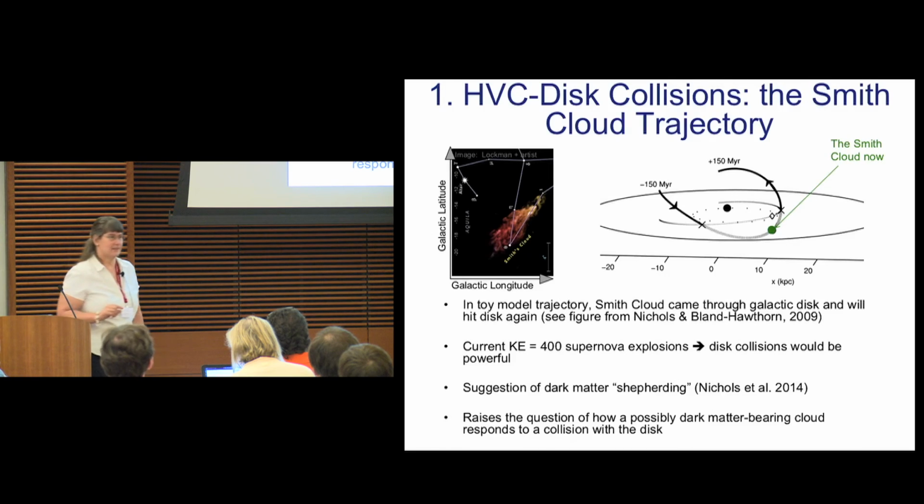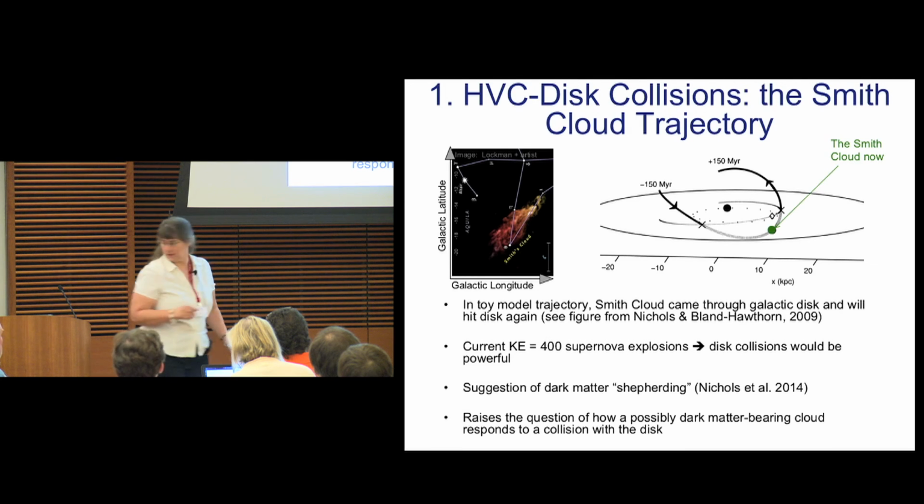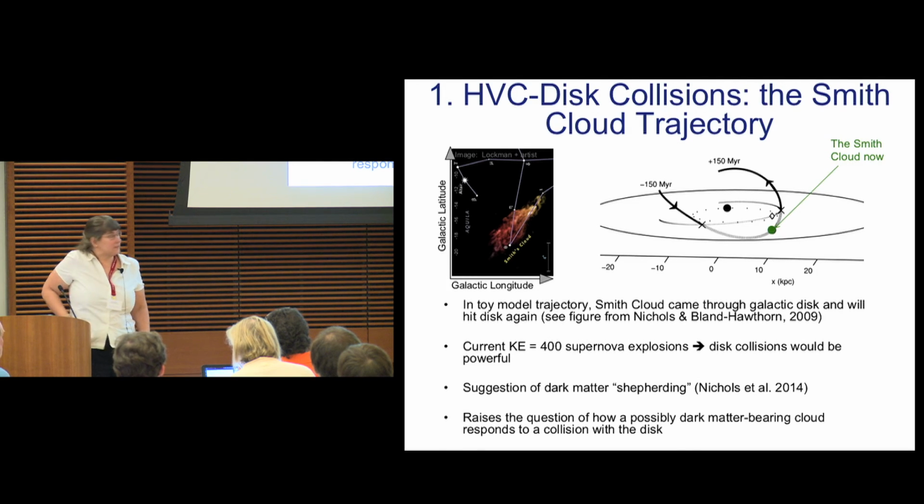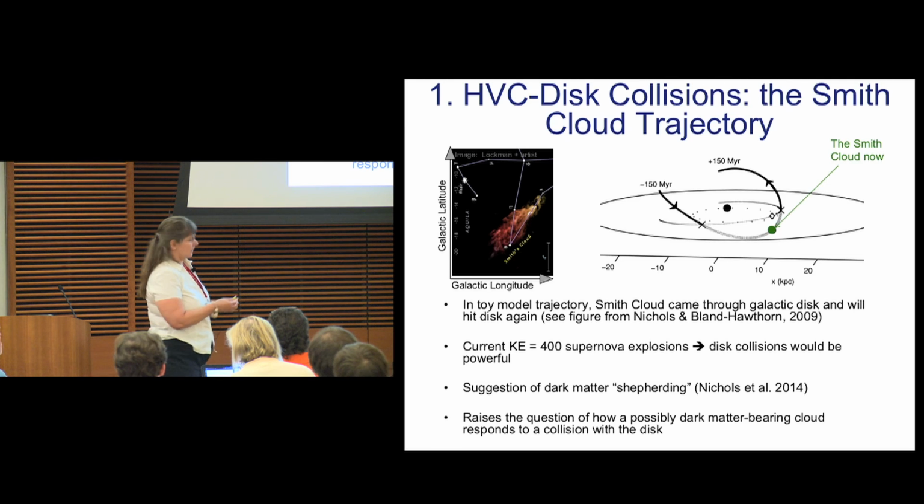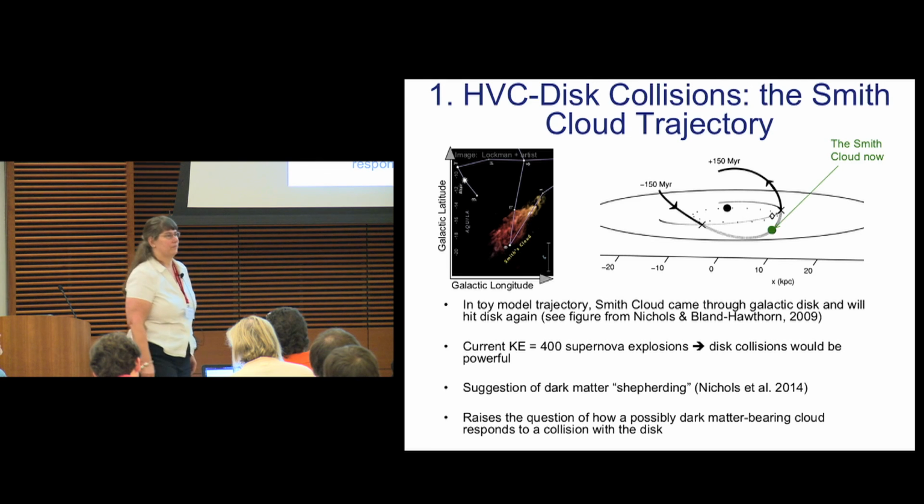How I reconcile this is, my suspicion is that if I were to guesstimate the trajectory, the cloud probably has just come in like this and has been slowed during its entry into the galaxy and then is heading out. That's my guess.